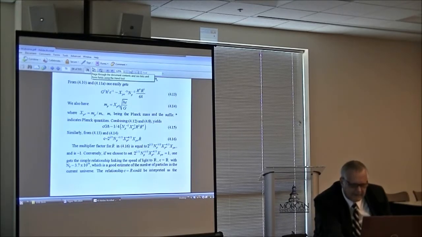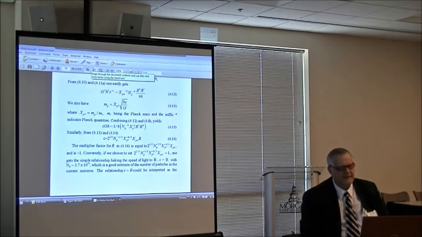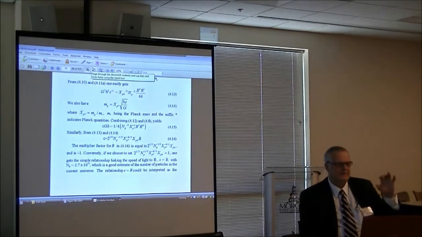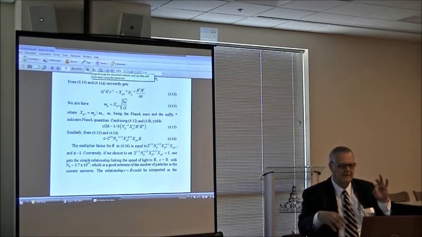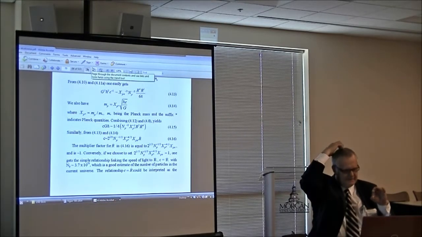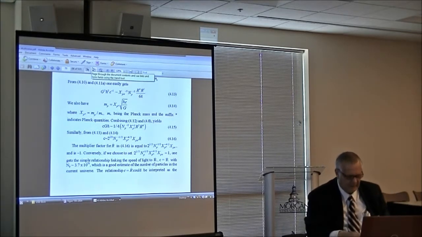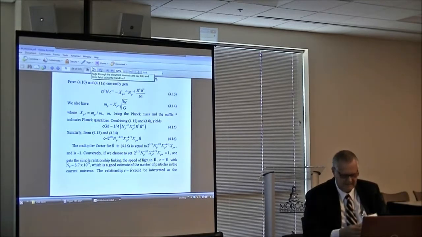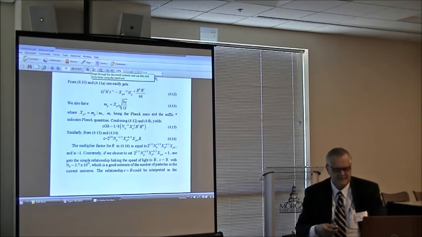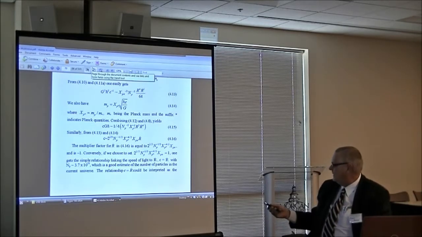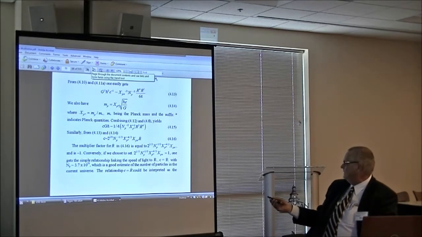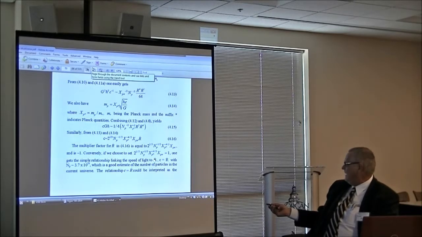There's another one here, so this begins to look like I'm supporting the Big Bang. You have a fundamental point, and then you have a scaling up to a cosmological scale, from one particle up to 10 to the 80 particles. Skipping through a lot of this, where you end up is, at all levels of scale, the rate of change of expansion gives you the speed of light equal to r dot, the rate of change of scale of the universe.